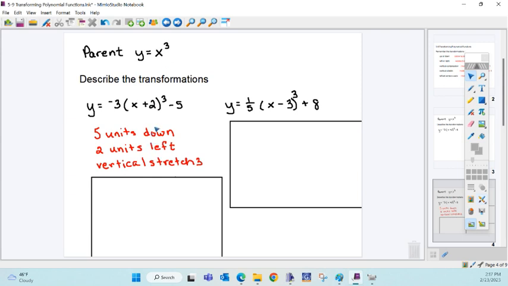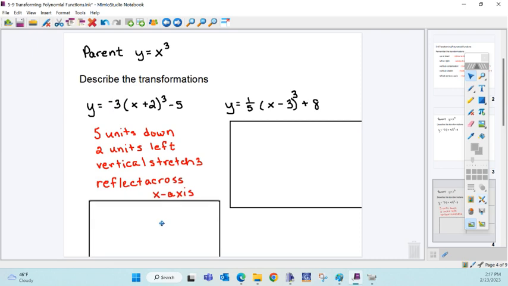Stretch means that since you're multiplying it by 3, the numbers are going to be pulled further up. So if you had a graph, it would be pulled this way. Stretch vertically. Compression would be smushed vertically. So both of them, it's what's happening vertically. But it's a negative, so that means that it reflects across the x-axis. So it turns upside down. So instead of being down and up, this one will be